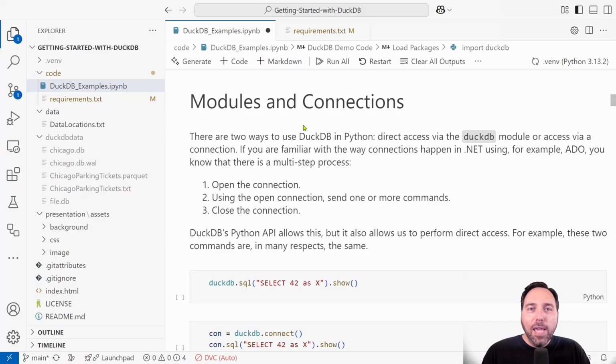Now, there are two ways of communicating with your DuckDB database. You can either directly access via the DuckDB module, or you can open up a connection. If you're familiar with connections, ODBC connections, then you know that there's this multi-step process. You open up the connection, and then using that open connection, you will send one or more commands. When you are done sending all of your commands, you close the connection because you're polite that way. DuckDB's Python API does allow this, and actually we do generally prefer this approach, but you can also perform direct